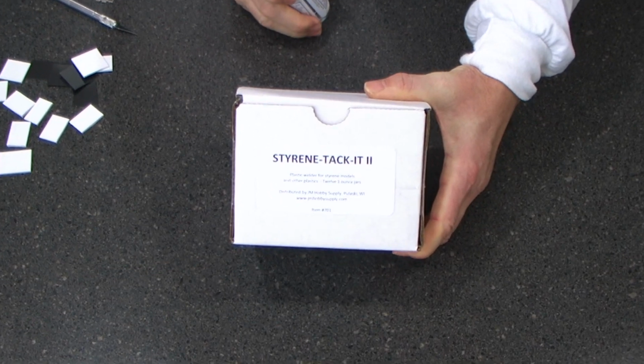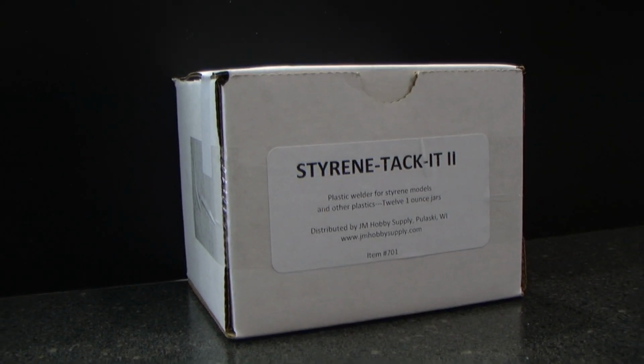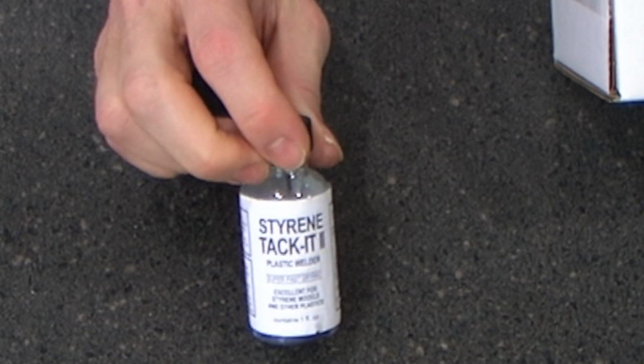This is our new products for JM Hobby Supply. We have improved our Styrene Tack. This is the 12 pack of 1 ounce bottles, or you can also buy a 1 ounce separate bottle or